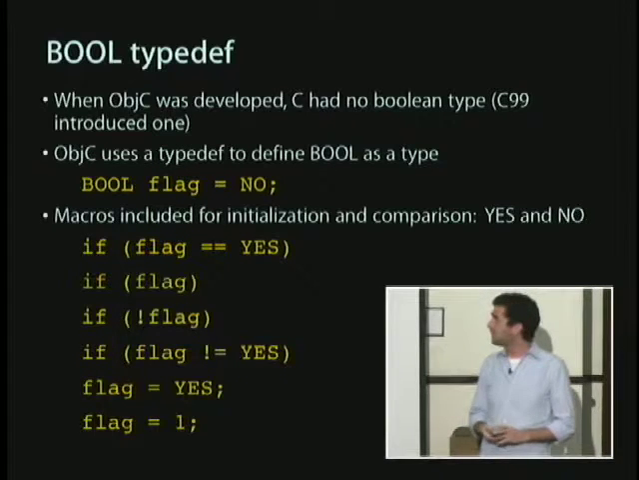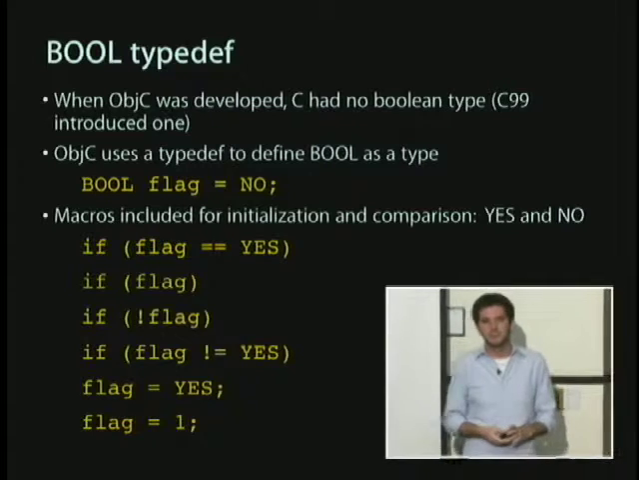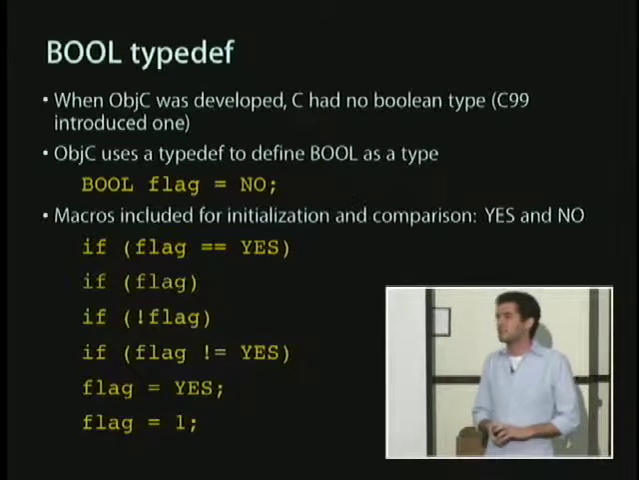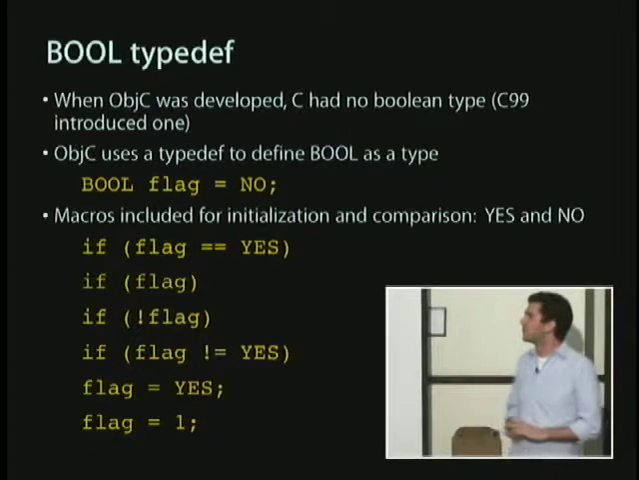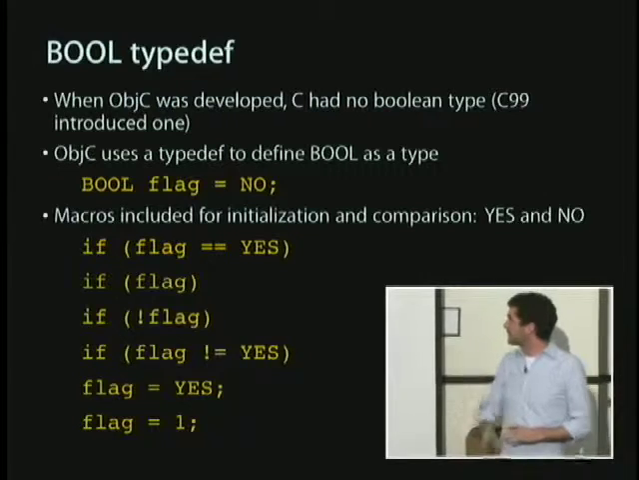The Boolean type for Objective-C is expected to be always 1 or 0. YES and NO, and TRUE and FALSE are always 1 and 0. Of course, if you're doing implicit checking, it doesn't really matter that it's exactly 1. As long as it's non-zero, it's true. Yeah, so those are the macros that are